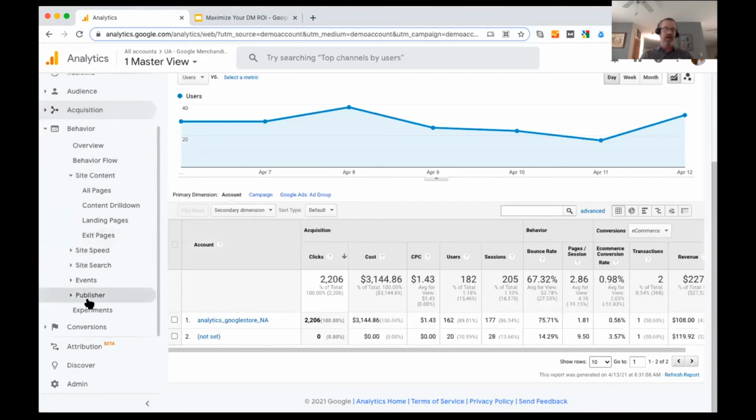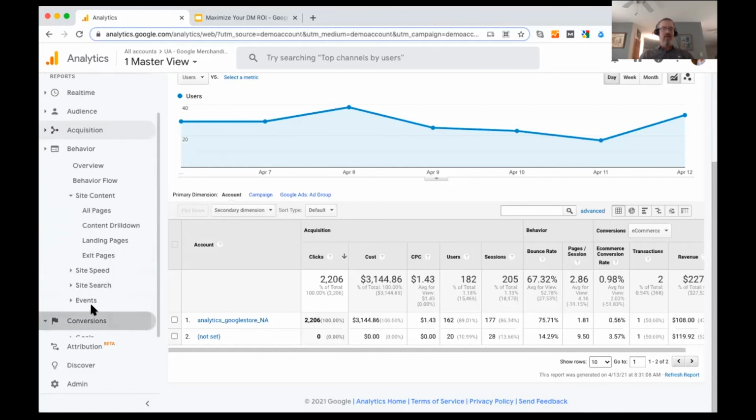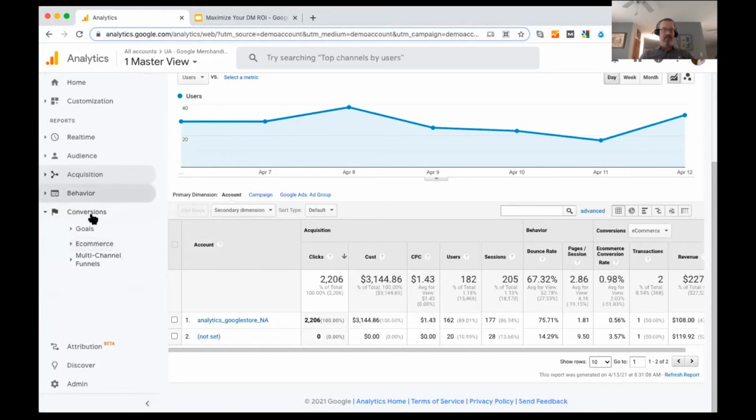And you can see there's a lot of other things additionally, like site speed, which is becoming more and more important to Google and their SEO. Finally, we have the conversions, and this is an area where we talked about setting up your Google Analytics, and putting in your conversion scripts so that you can get information on how your campaigns are doing.